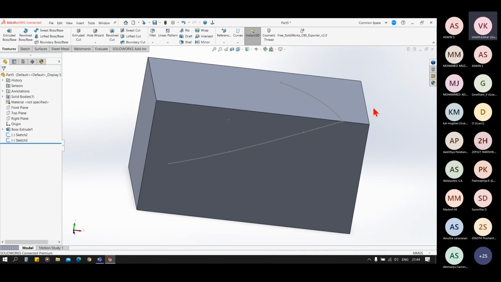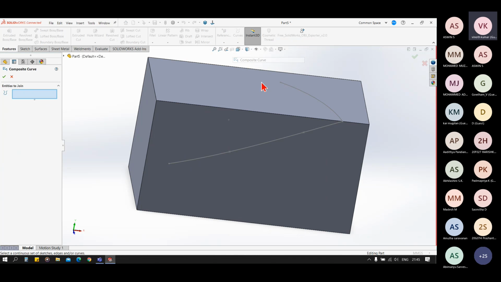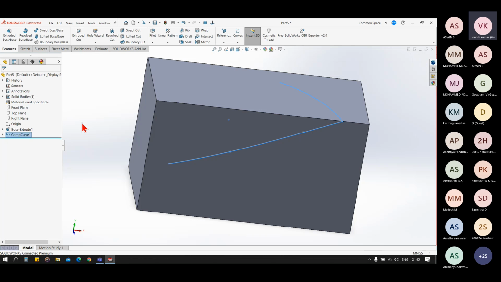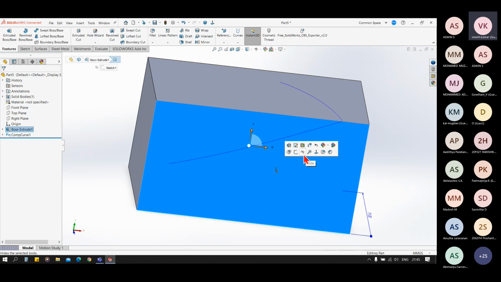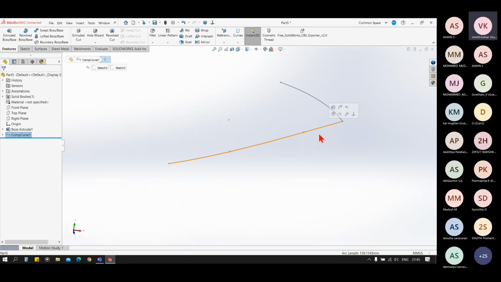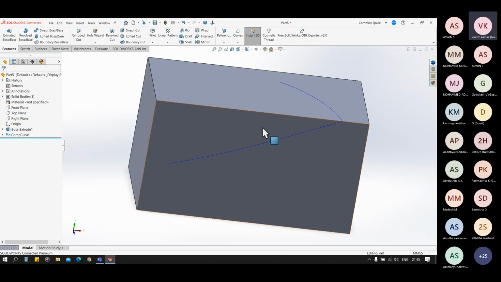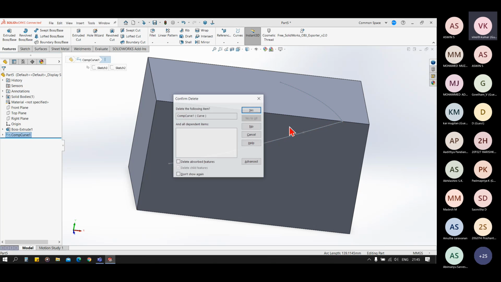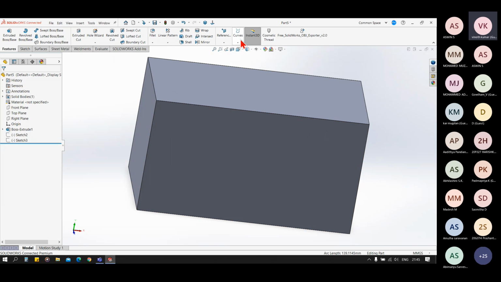This here. So those are two different sketches and two different curves. So using the composite curve, you can select those two sketches and click on join. So you can now see we have the complete sketch as a single entity. This is now a single entity. Okay, this is a composite curve.